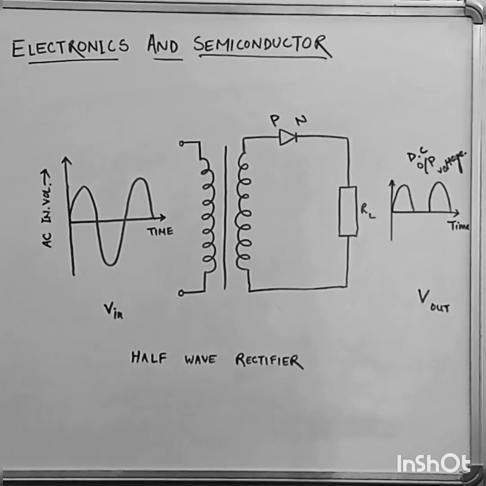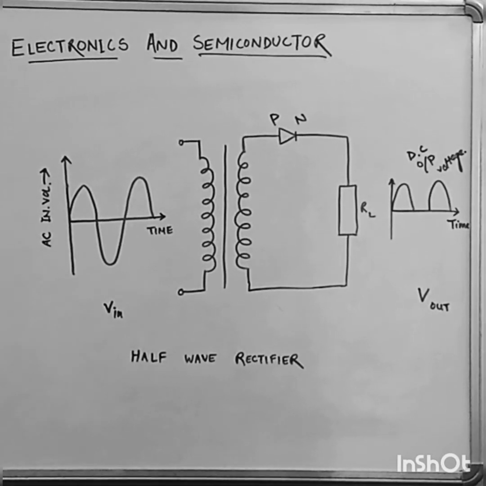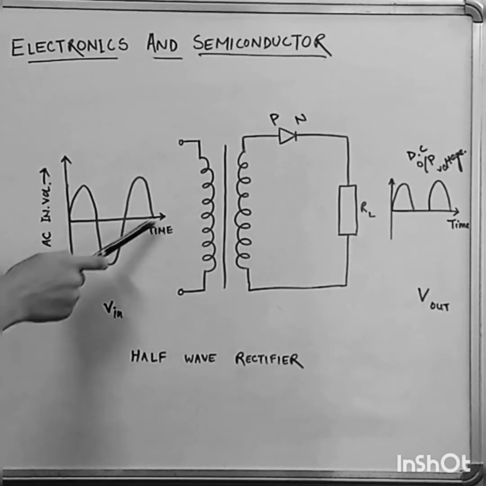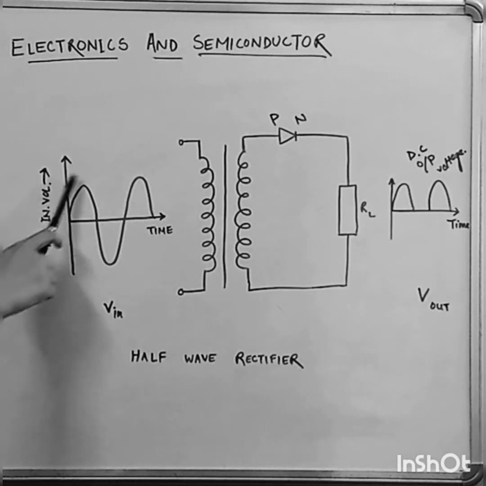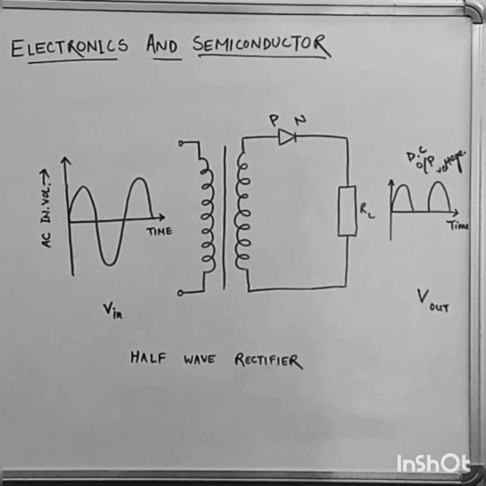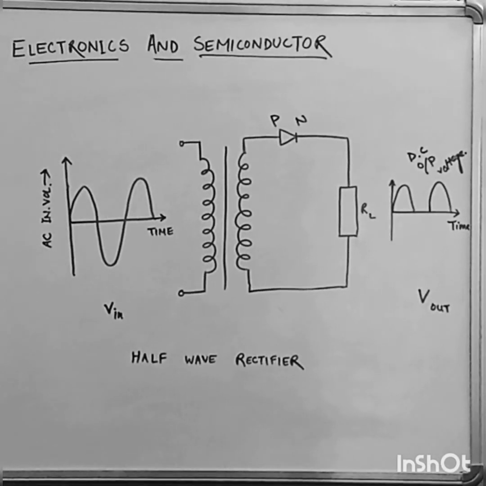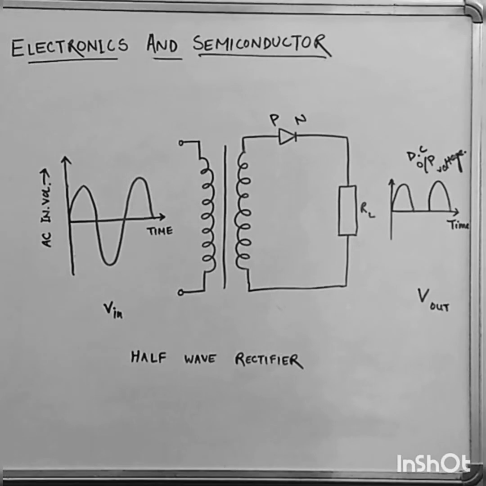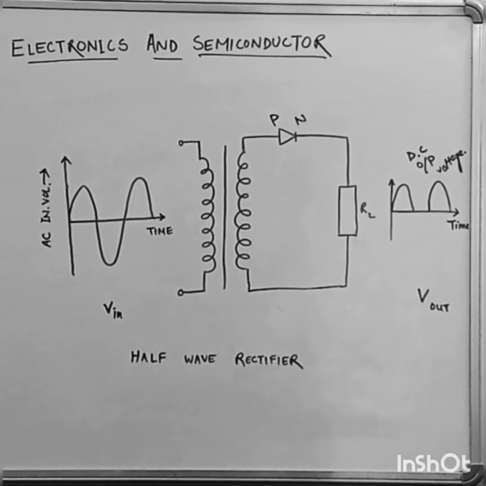So here you can see the circuit diagram for a half-wave rectifier. There is an alternating voltage source which is connected to the primary coil of a transformer. This one is the primary coil of a transformer. This one is the alternating current or voltage, the input AC voltage. So what happens here, in the circuit, the voltage is supplied by the source across the secondary, and that is the input voltage written as VIN, and there is a load resistance RL which is placed in series with the diode. This RL is the load resistance that is placed in series to the diode,